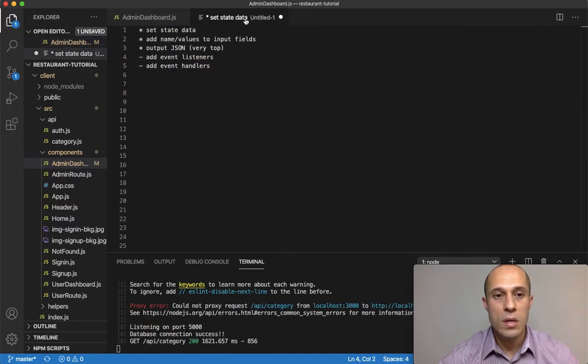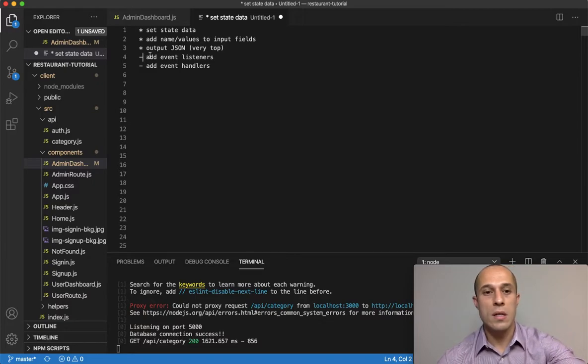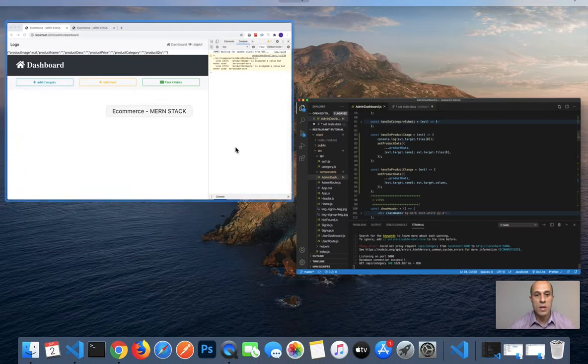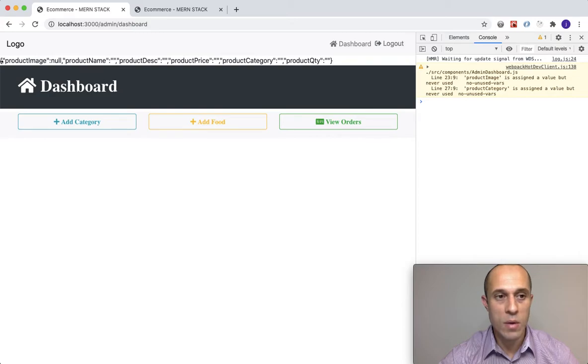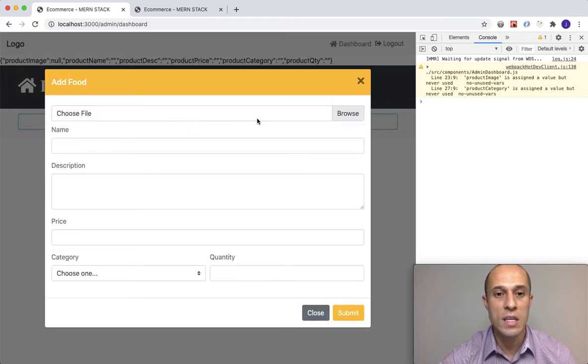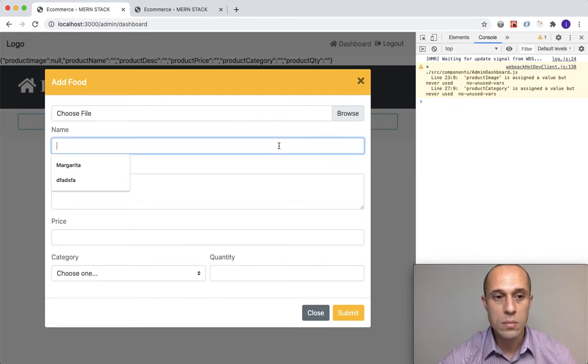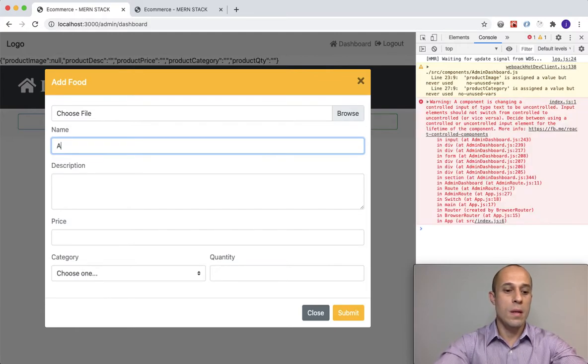Okay, so that should do the trick. All right, so we took care of the event listener, and we have the event handler. So let's go ahead and test this thing out, make sure that everything's working now. So again, remember I'm displaying this JSON here at the very top, just for testing purposes, just to see that we're getting the data in dynamically. And we already know that the image is working, right? We upload and we saw in the console. But now let's do a name of a food item. We had pasta, so let's do